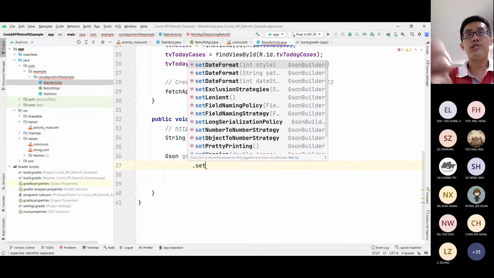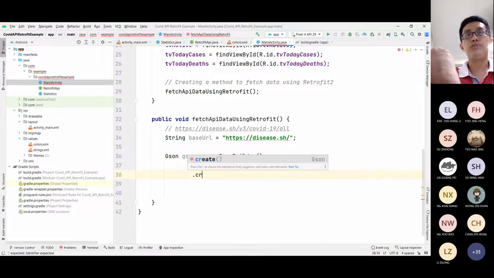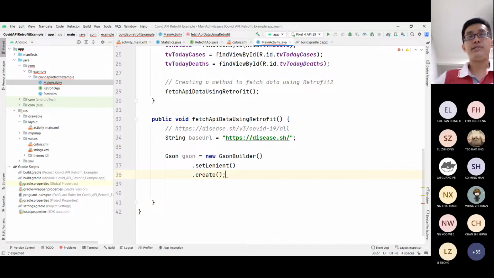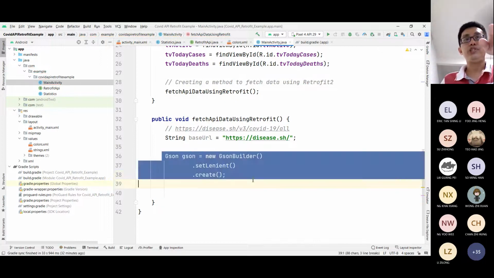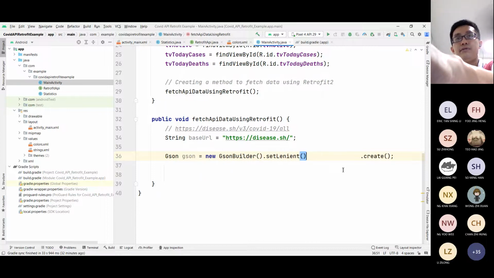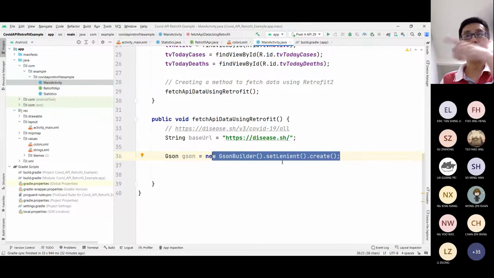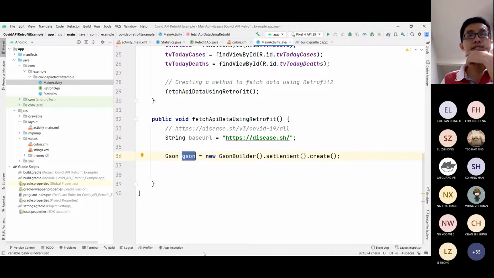You can refer to the documentation to see what else you can do. We set linear and then create. So you check the documentation, what is it about? Set linear, create. Okay, we construct the JSON, and then now we want to create the builder for a Retrofit